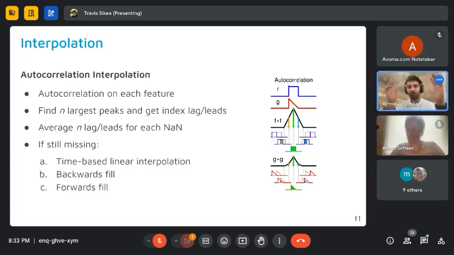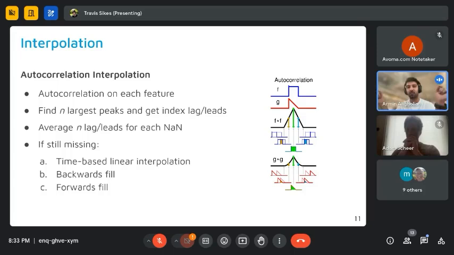Let's say the model decides to look at 10 lags and leads, and that can be an hour before, an hour after, 10 hours before, 10 hours after, or any lead and lag that was on the highest rank of the autocorrelation.